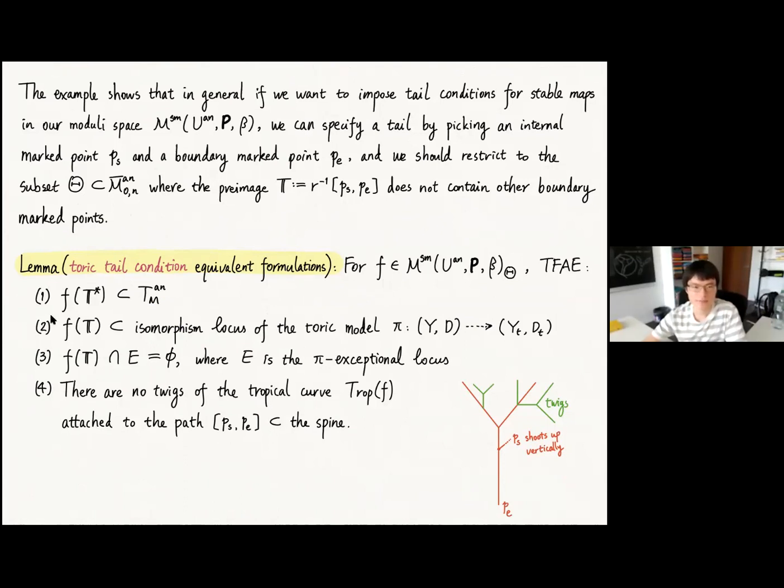First, the punctured tail lies in the torus. Second, the whole tail lies in the isomorphism locus of the toric model, pi. Third, the tail does not intersect the exceptional locus of the toric model. And fourth, there are no twigs of the tropical curve, trop f, attached to the path